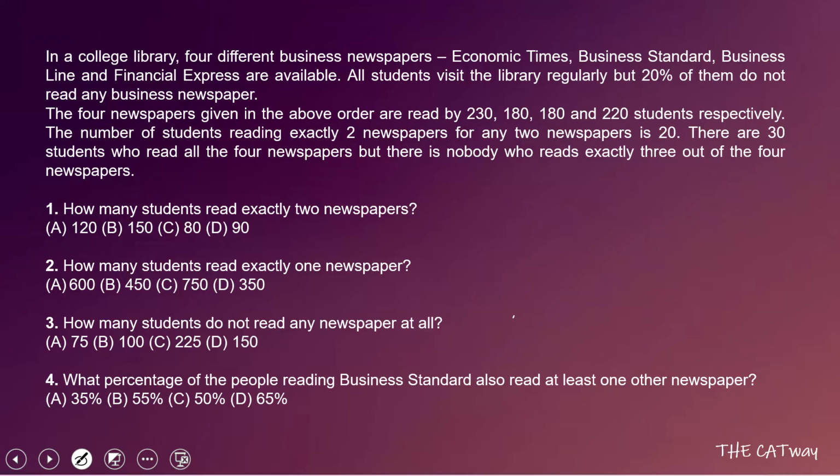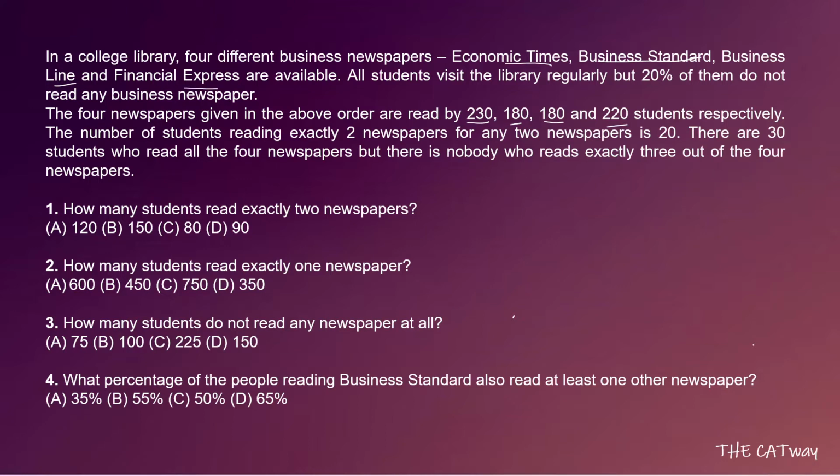So in a college library, four different business newspapers: Economic Times, Business Standard, Business Line and Financial Express are available. All students visit the library regularly, but 20% of them do not read any business newspaper. The four business newspapers given in the above order are read by 230, 180, 180 and 220 students. That means 230 students read Economic Times, 180 read Business Standard, 180 read Business Line and 220 read Financial